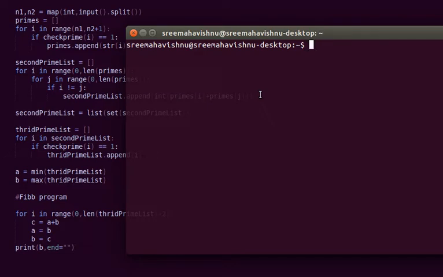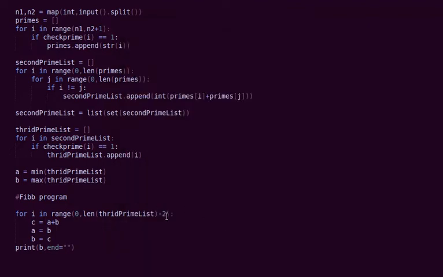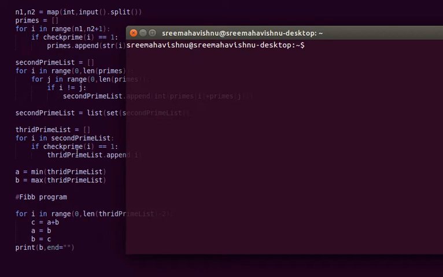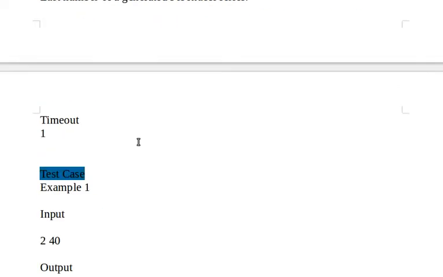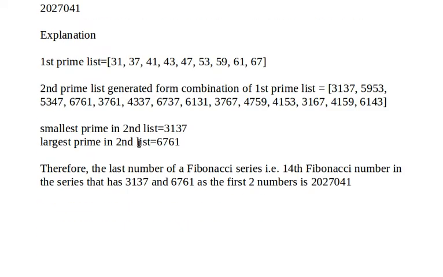Yes, in the last loop, if we run it we'll be getting the answer two terms ahead. So we need to reduce two iterations, because we have just now taken the maximum and minimum as the first and second terms. So we need to reduce the iterations to get the correct answer, that is, the number of length. In the given example, that is the 34th term, and in the second test case, that's the 14th term of the Fibonacci series.